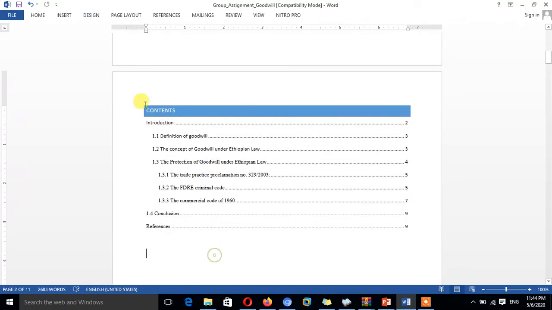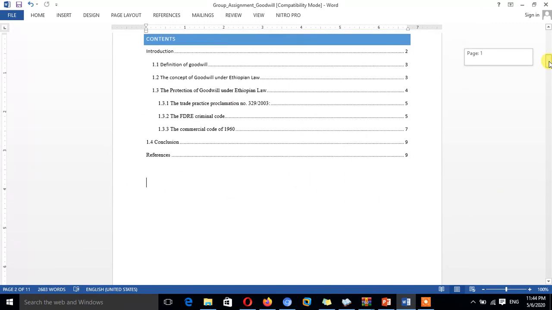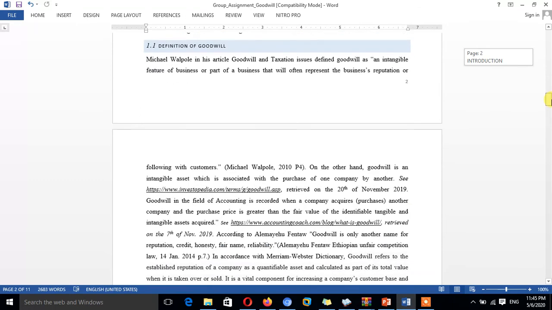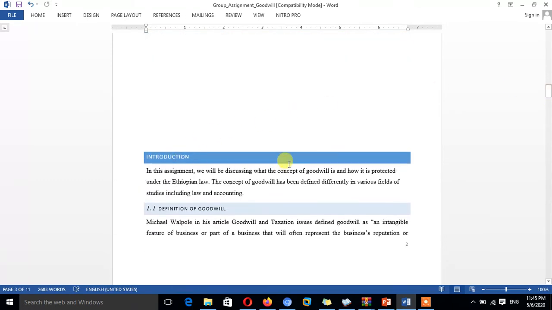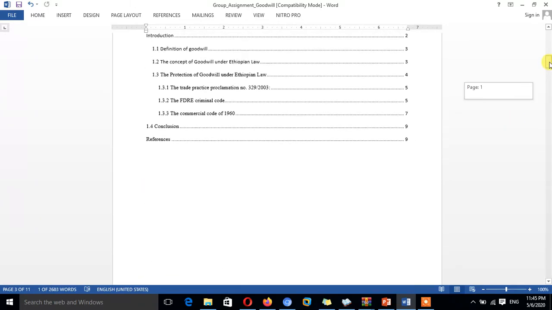So if you have an already prepared document, you can do it like this by selecting the content, going through each and every page. But if you need to create it from scratch, you can also do it like this. Let me show it from scratch again.